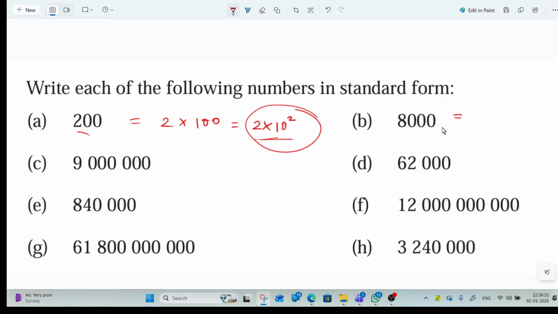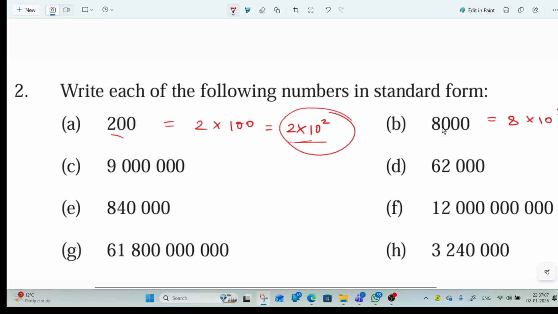8 times 10 to the power of 3. Very good. Absolutely correct. And this one,